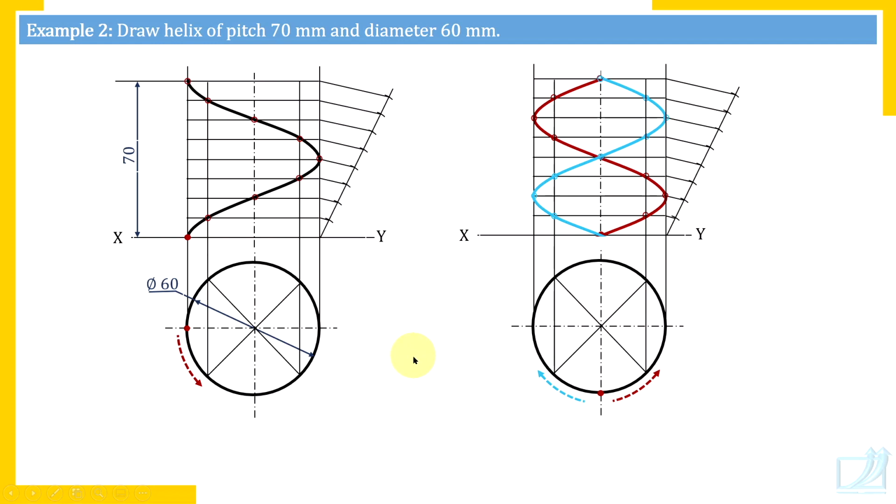Now one more very important thing. If initial position or direction of rotation is not given, you can assume the position anywhere, but we prefer extreme left or extreme right if not given.